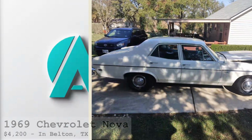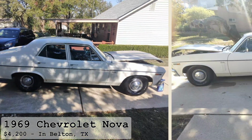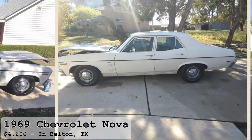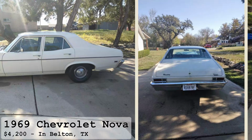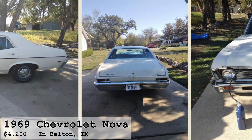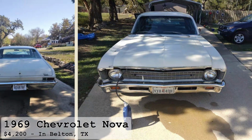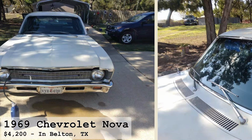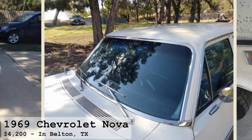Number 11. Introducing the 1969 Chevrolet Nova, a classic four-door sedan that carries the spirit of a bygone era. Powered by a reliable 307 engine paired with an automatic transmission, this Nova showcases a clean and elegant white exterior. With just 88,000 miles on the odometer, it remains in good condition, complemented by its pristine interior, chrome accents and